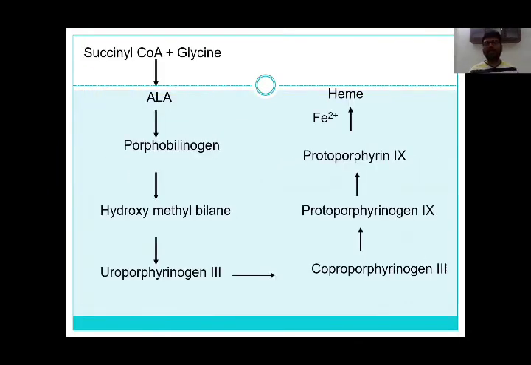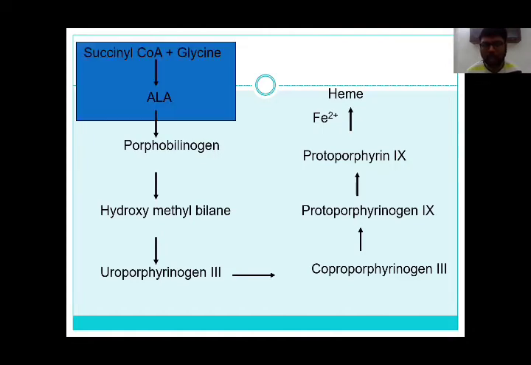So this is the summary of the reactions taking place in the heme synthesis. Initially I told there are a few reactions which take place in the mitochondria and a few which take place in the cytoplasm. Now we will see what those reactions are. We all know that succinyl-CoA is an intermediate formed in the TCA cycle. We all know that the TCA cycle takes place in mitochondria. So this reaction which involves succinyl-CoA also takes place in mitochondria.